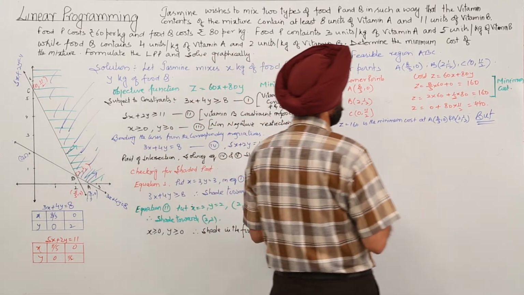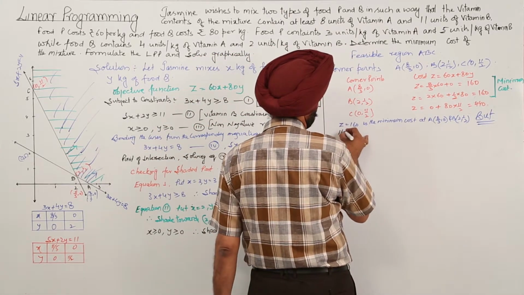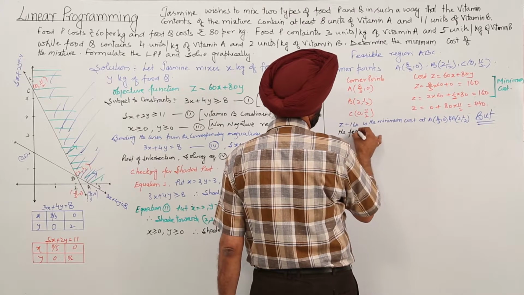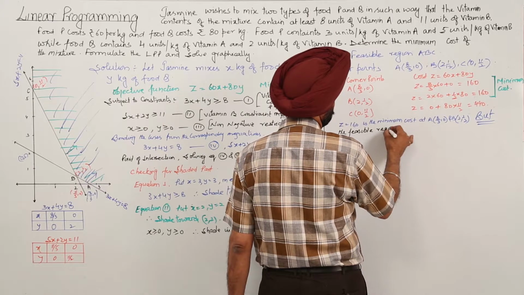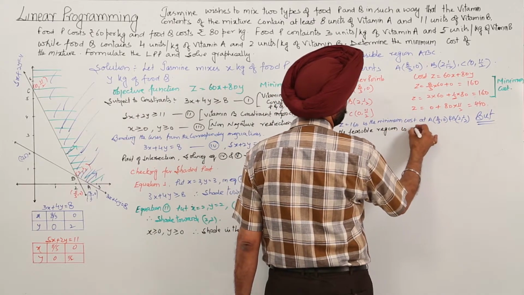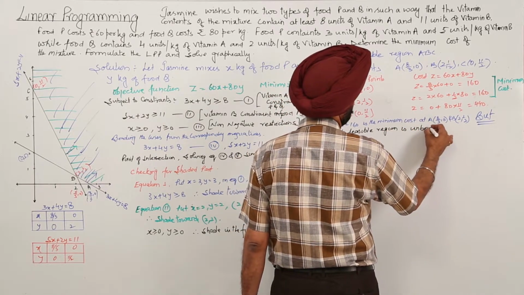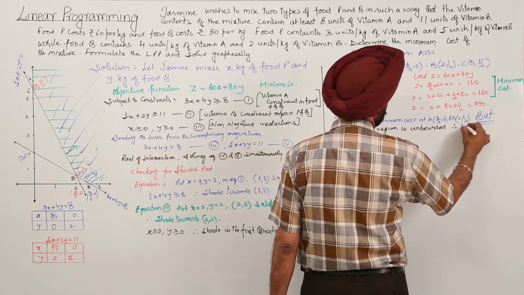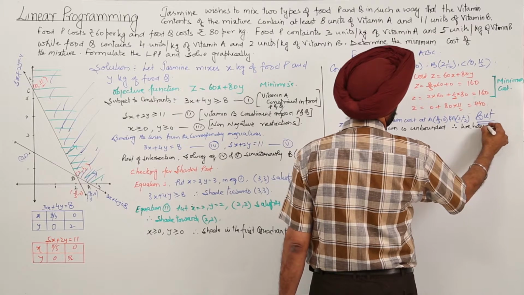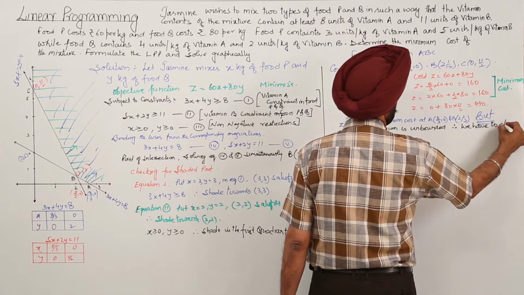But the feasible region is unbounded, therefore we have to check